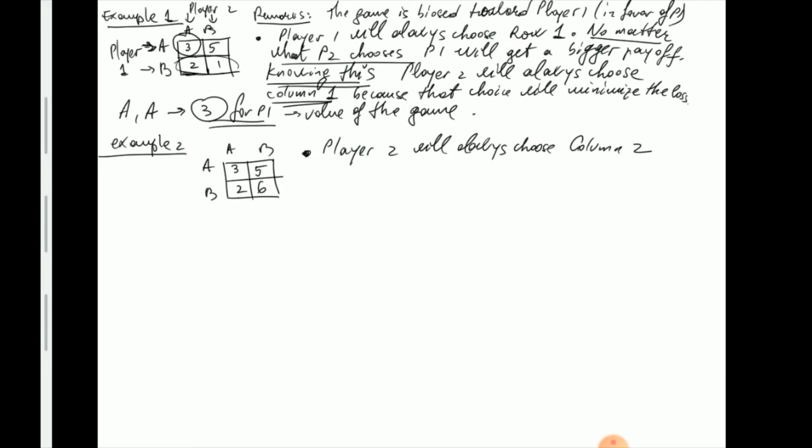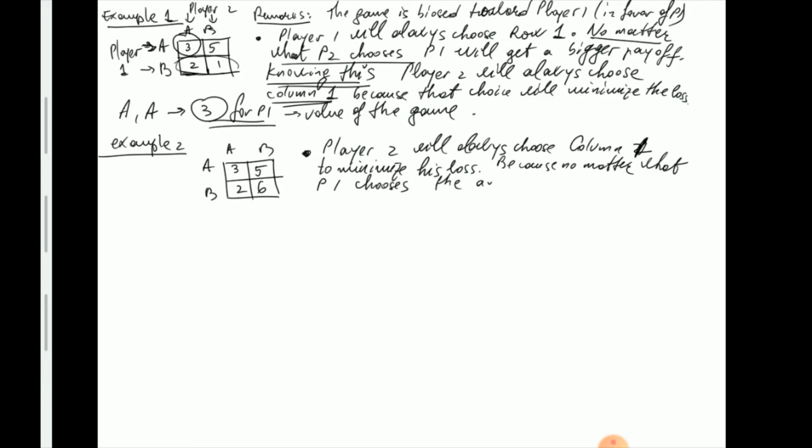I'm sorry, will always choose column 1 to minimize his loss, because no matter what player 1 chooses,